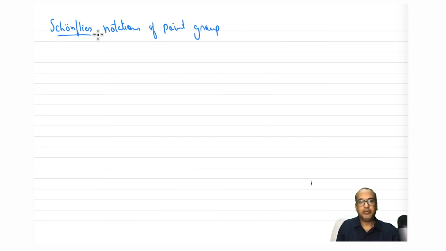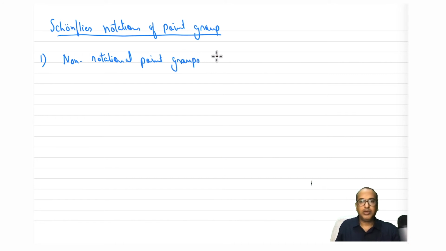Okay, how do you actually give names to different point groups? Let's see what the different point groups are. Let us categorize them first, and then we will see what their names are and what elements are required to define one particular point group. The first in this category is called non-rotational point groups.